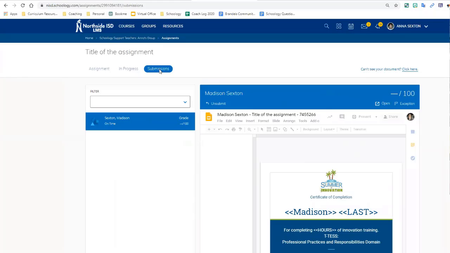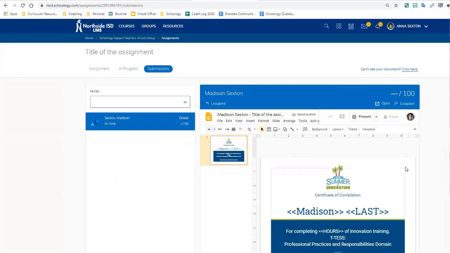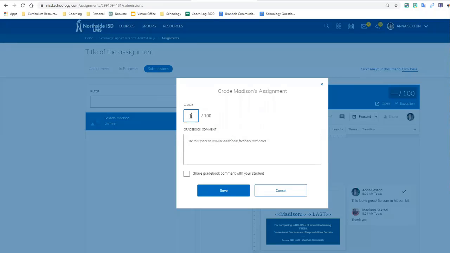All right. And now that she's in submit and it's a graded assignment, I can add the grade and I can give them the comment. This was well done. Good job, blah, blah, blah, whatever you want to put. And if you want to share the comment in Gradebook with the student, you can do that, and then you can click Save. Okay? I'm not going to do this because this is my sandbox course, so I don't want to mess anything up with Gradebook, but that's what you would do, and it would post that grade for the